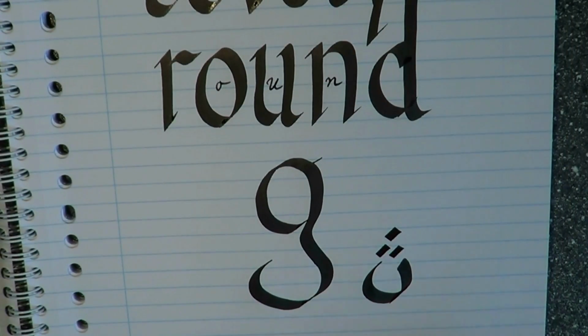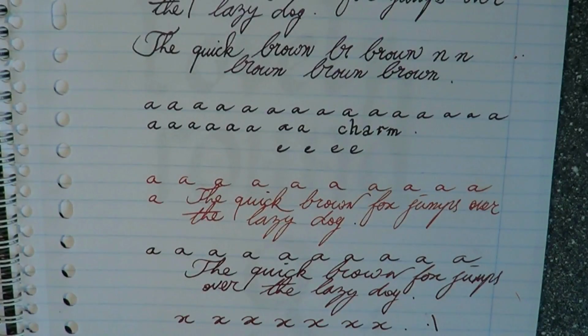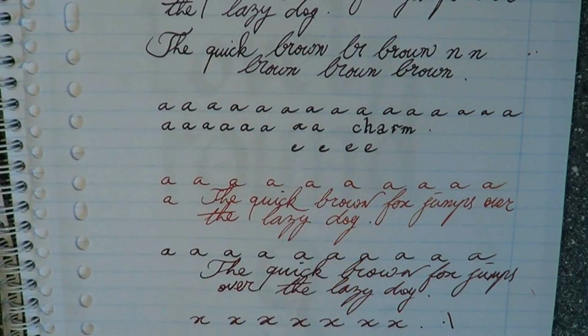In any case, these were just a few very simple pointers, and I will say again, don't take it from me. I'm not a handwriting expert. I'm not a calligraphy master. But these are just things I have done, exercises like that, keep going through it, and in the end that will improve your handwriting. So I hope this was useful,